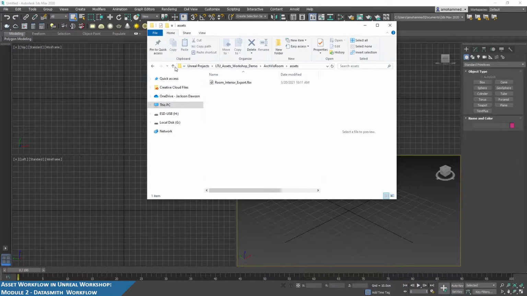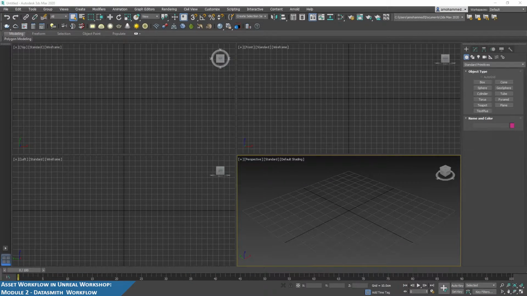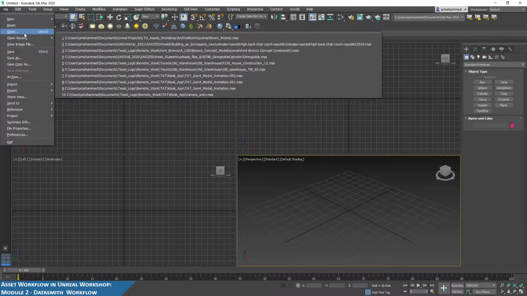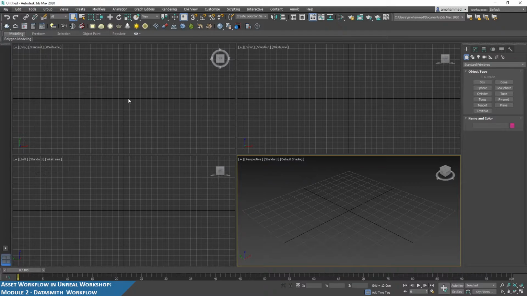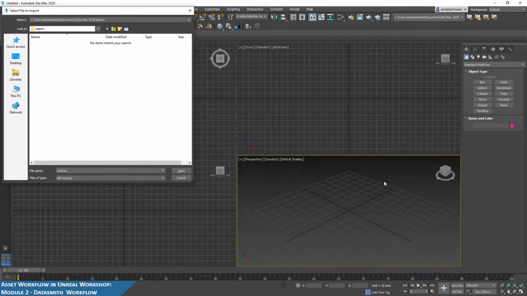And then when you're here, you can simply re-import this FBX. So if I go to import FBX,